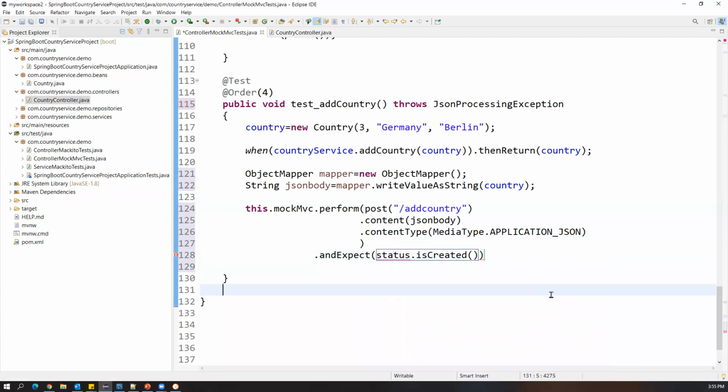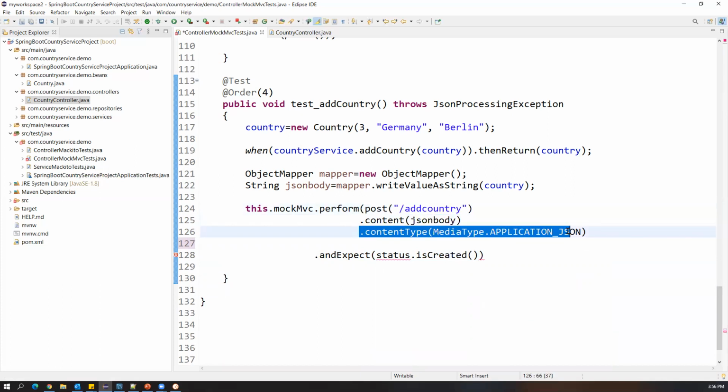Now this is giving an error. When it just says status, we have to import this. We sent post slash country, and content is jsonBody, dot contentType is MediaType.APPLICATION_JSON. We have closed the bracket here itself, so this extra bracket is not required. The post is a method, this is the continuation method, contentType is this one, and we close here.